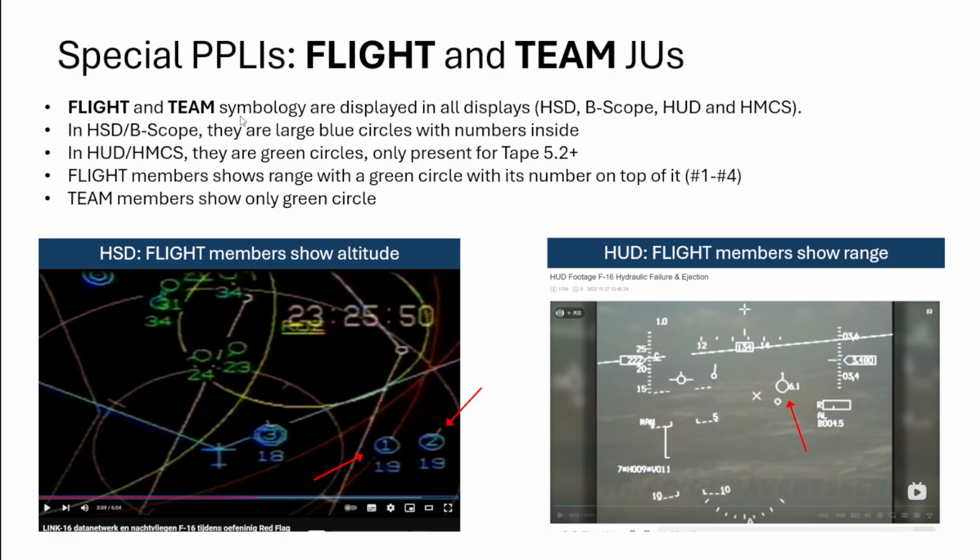And these guys get special symbols, as you know, in your HSD, your B-scope, heads-up display, and your helmet. In the heads-up display and B-scope, you can see these large blue circles with the numbers 1, 2. You are yourself, and maybe in this case, it's number 4. Sorry for that. The number 3, the number 1, and number 2. The 4 is not shown, it's in the middle. Okay. In the heads-up display, it gets these